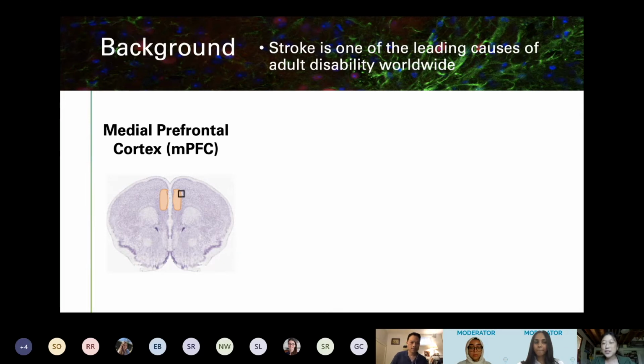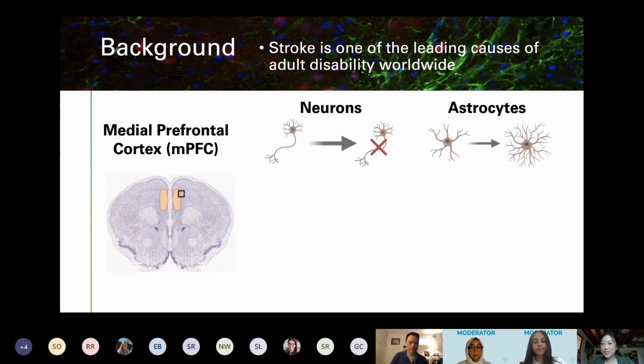So in my title, I mentioned two types of cells, neurons and astrocytes. These are actually the only cells you need to know to understand this research. Neurons are a type of cell in the brain, and they're responsible for transmitting information throughout the central nervous system. During stroke, neurons actually die off, and that's why we see the deficits